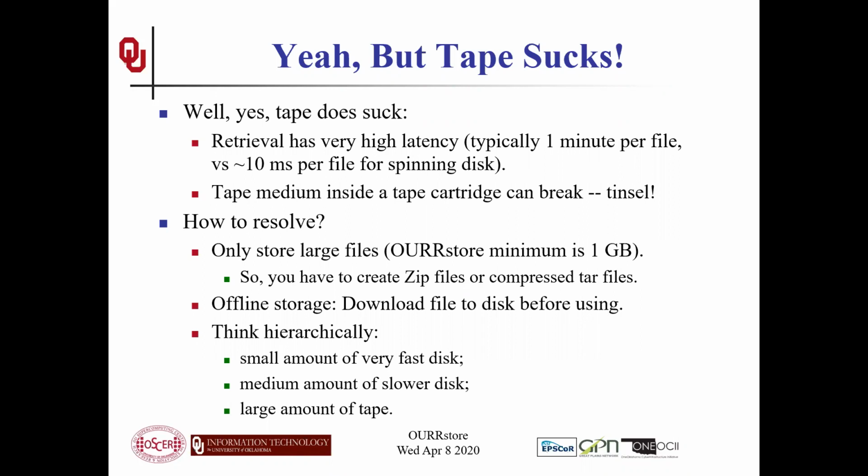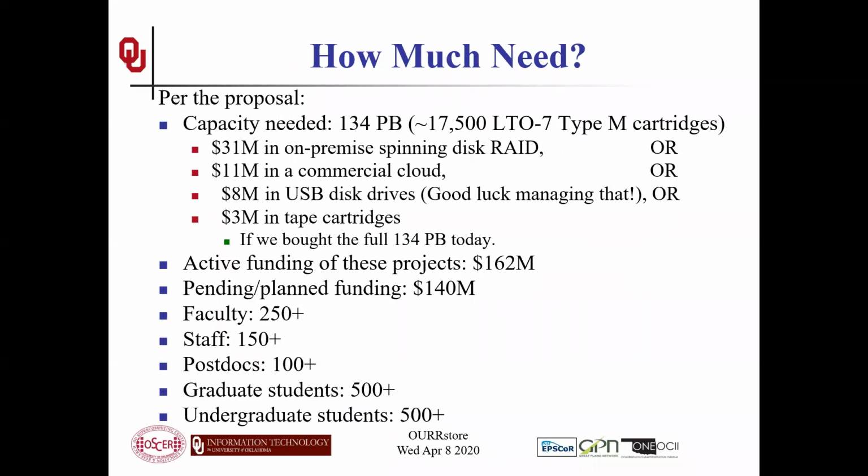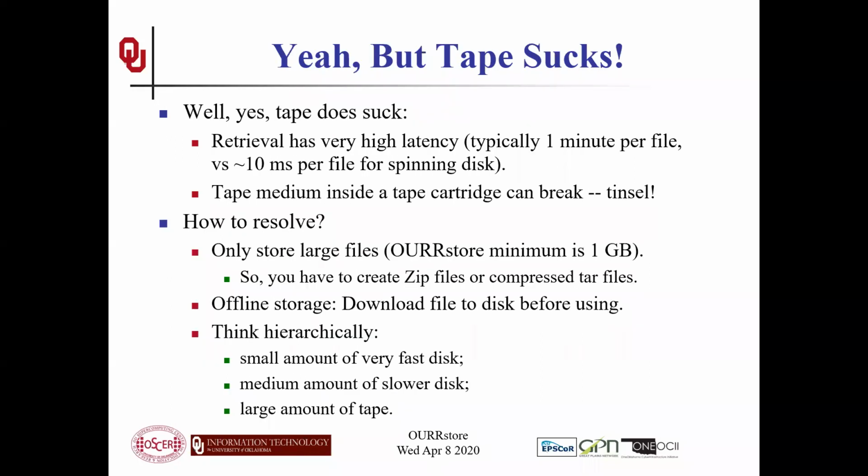8-year cloud cost for 134 seems to apply only to Deep Glacier. No, I thought that was the Azure cost. Glacier would be a lot worse than that, because Glacier is 4 times as expensive as Azure, at least at the moment. I'm sure that will change, but